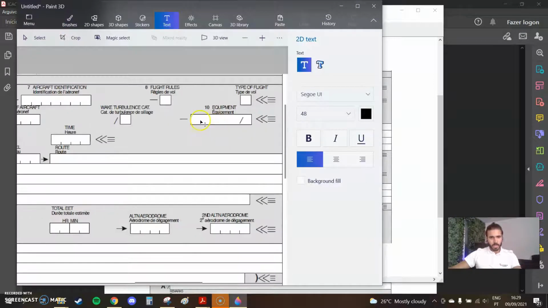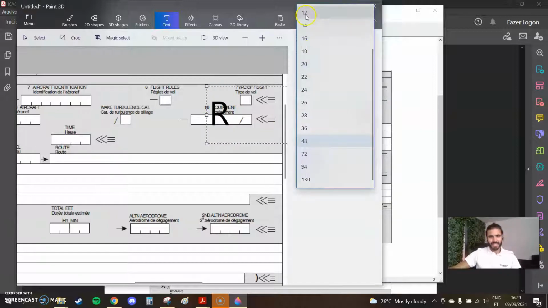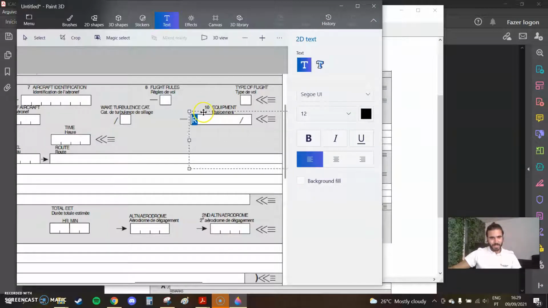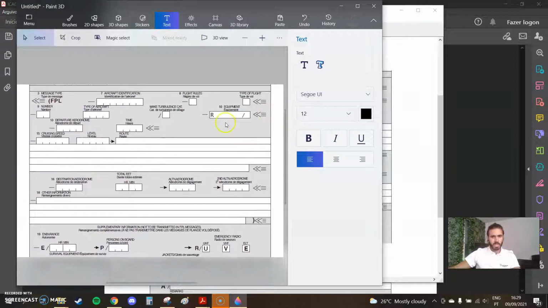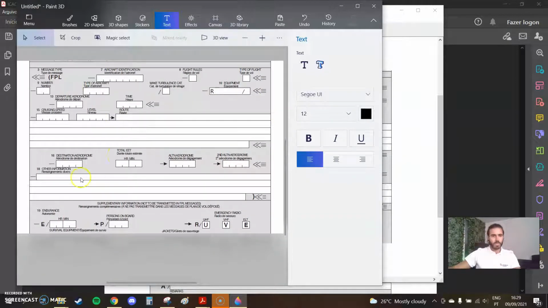All right, I can. So here in the equipment, somewhere here, I would select an R for PBN. Okay, so I have an R here for PBN amongst any other specific equipment that you put here. And then when you go to 18, other information,